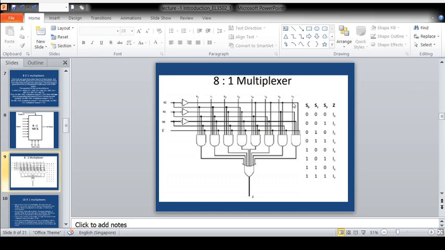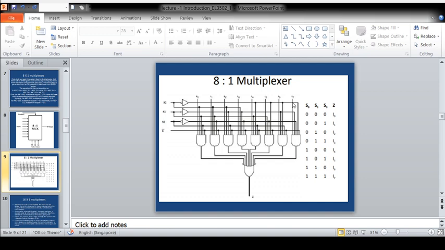The decimal equivalent of your binary control signal is nothing but the subscript of the data signal that is going to be selected. Which data input is going to be selected depends upon the control signals ABC. If the control signals ABC are 101, the decimal equivalent of 101 is 5. So D5, the subscript of the data, is going to be selected, and Y takes the value of D5. If D5 is high, then the output will be high.